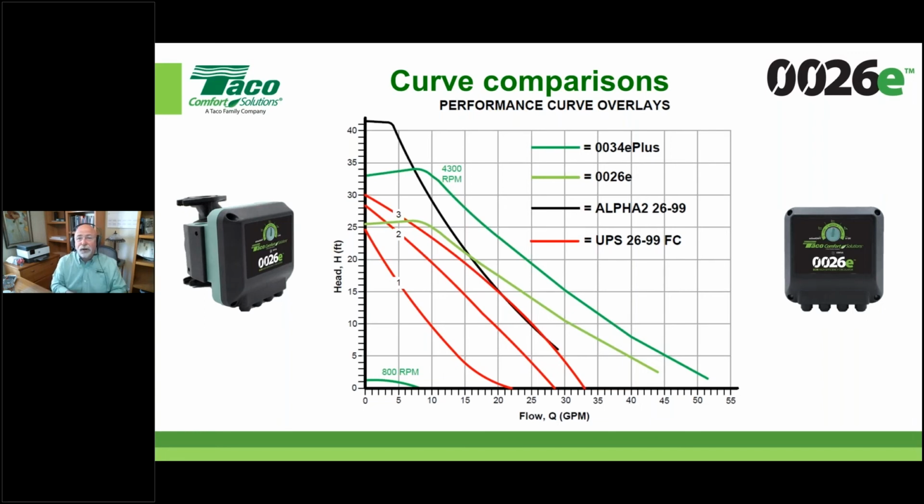We call that Sure Start. We have the ability to see air within the system. We'll show you when somebody's not done a good job of purging and we've got air going through the volute or locked up or something. So we do some cool things. And I just wanted to give you an idea of what that 0026E is. It's a brand new pump. We just released it, and I thought it was a good dovetail to the end of the ECM